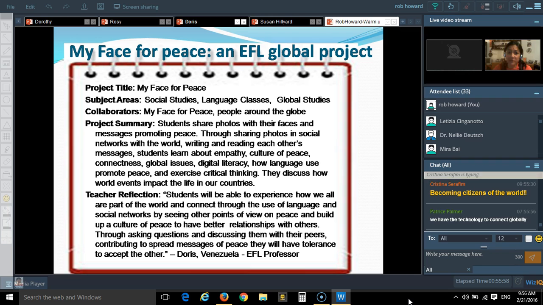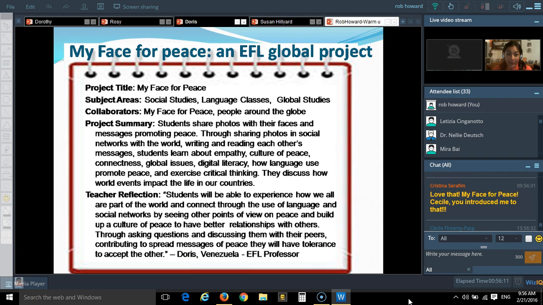This is related to social studies and it's great for language learning and also global studies. And the collaborators in this case were all the people around the world that were participating in this project. In this project, they were supposed to share photos with the faces and messages in peace. So this is a wonderful